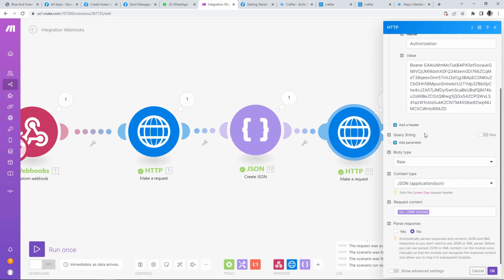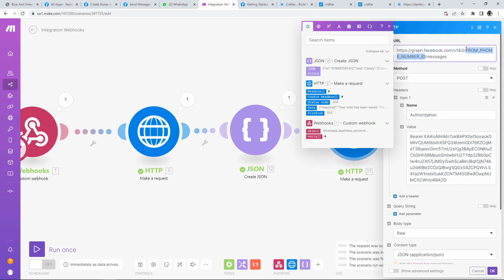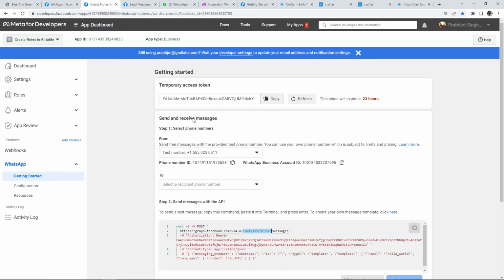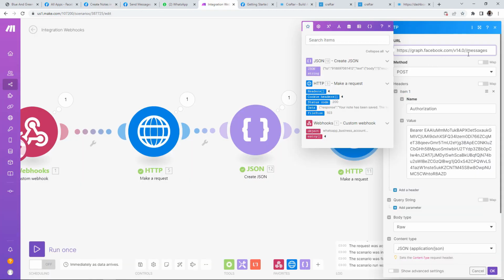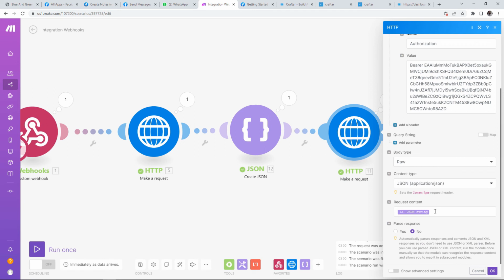Before we go ahead and play, we need to fix this. Right now it says from phone number ID, so we need to replace this. I'll go back to my app, and you can see in this sample response we have this ID. I'll copy this, go back to Make and paste it here. So now we have the right URL, our headers are correct and our